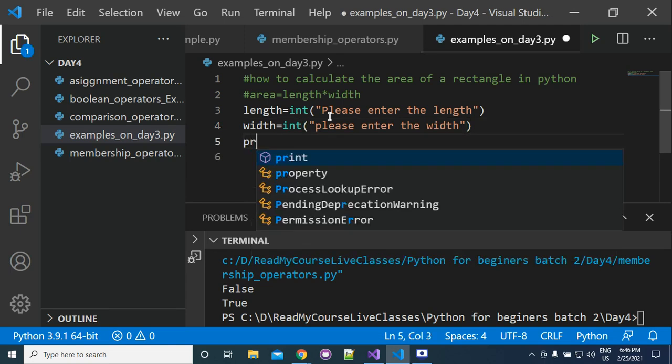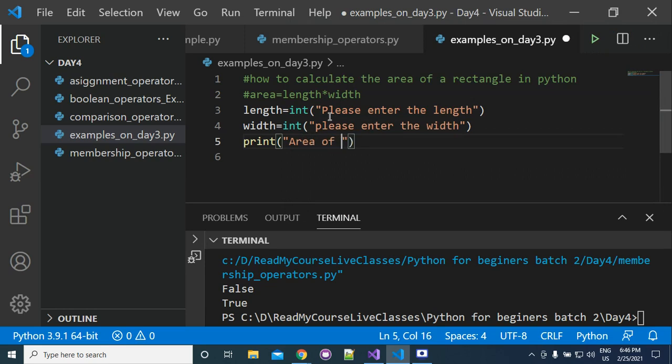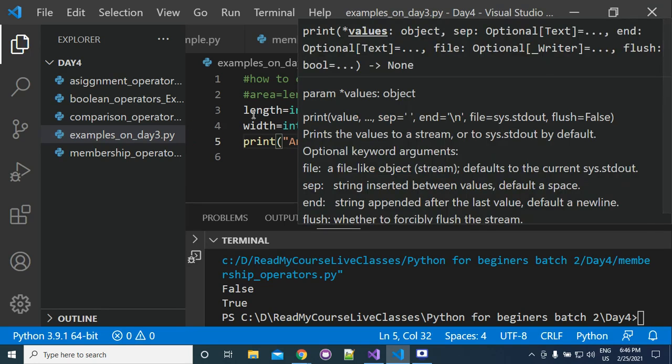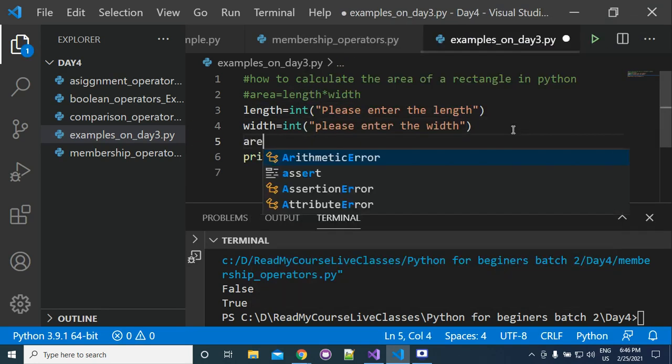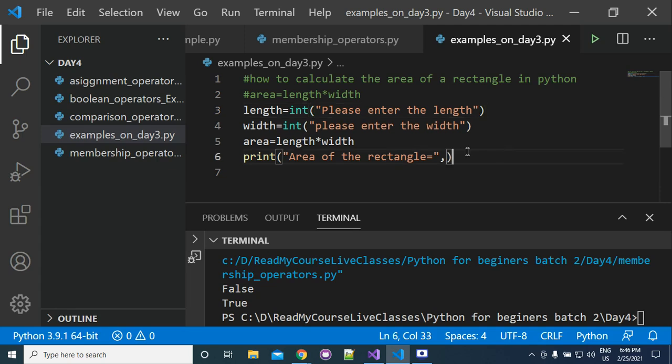Next we can print the area of the rectangle is equal to what? First we need to calculate the area. So we will write area is equal to length star width. Now we can print the area.